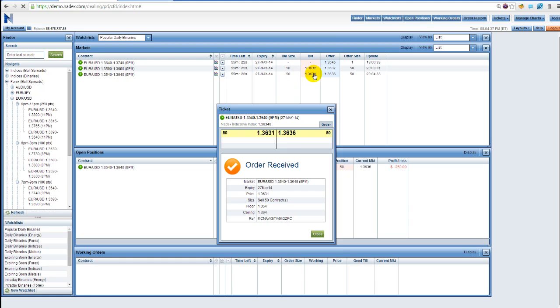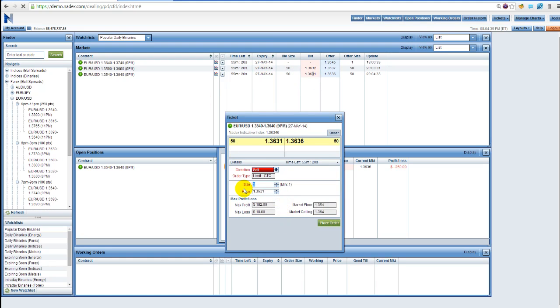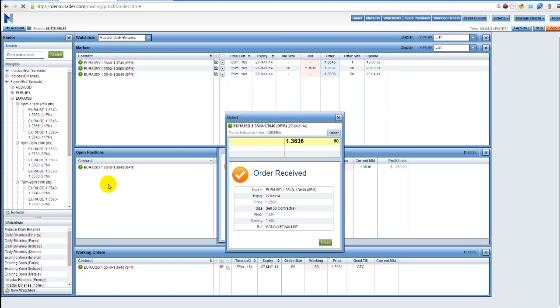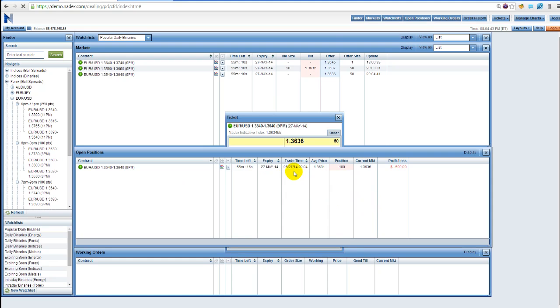So now if I want to add on 50 more, I could do another 50, throw that on and place that order. And now I have 100 contracts. So you can get in larger positions and you can get out of larger positions. Just right now, if I want to get out of the trade, I can only get out